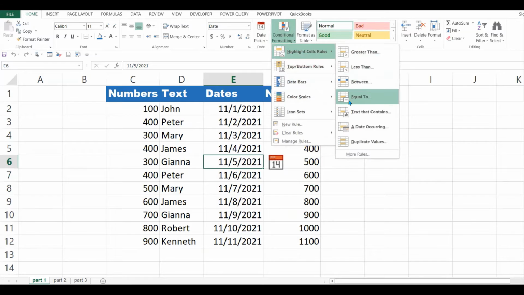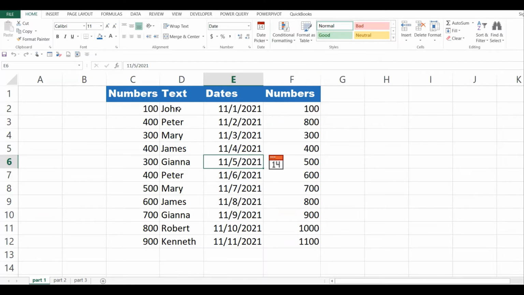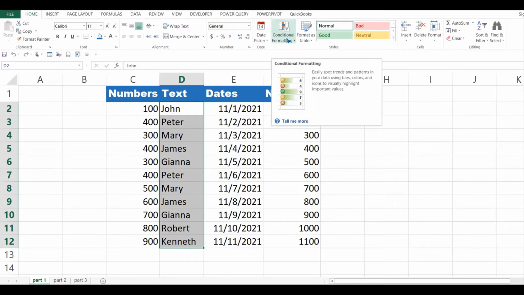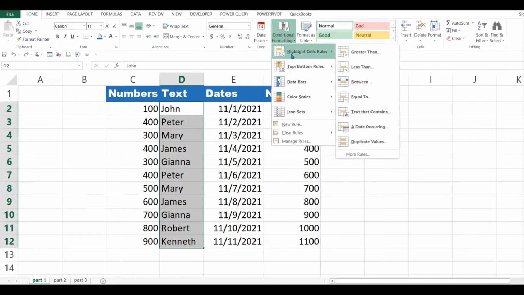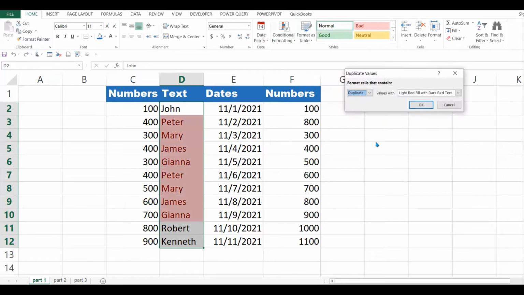Under highlight, we have duplicate values. I want to highlight all the duplicate values. I can do both duplicate values and unique values. So let's see how to do the duplicate values. I come to formatting, highlight, duplicate values. All these values are repeated.